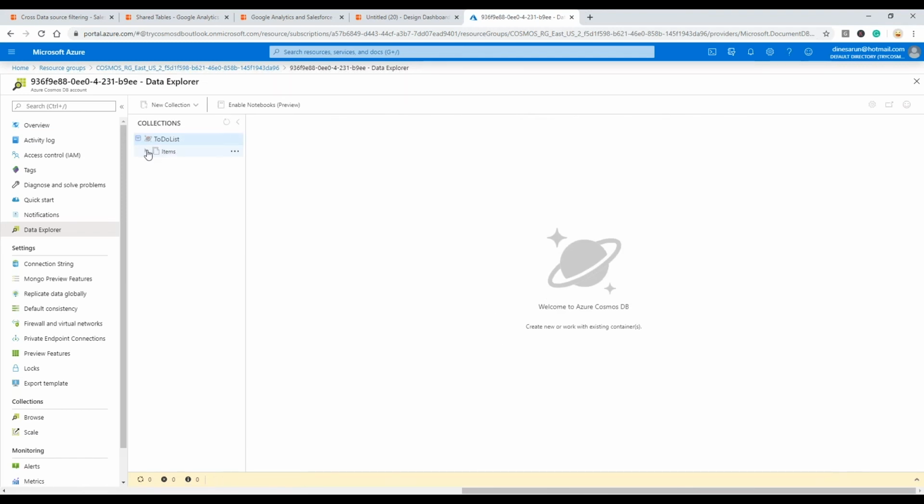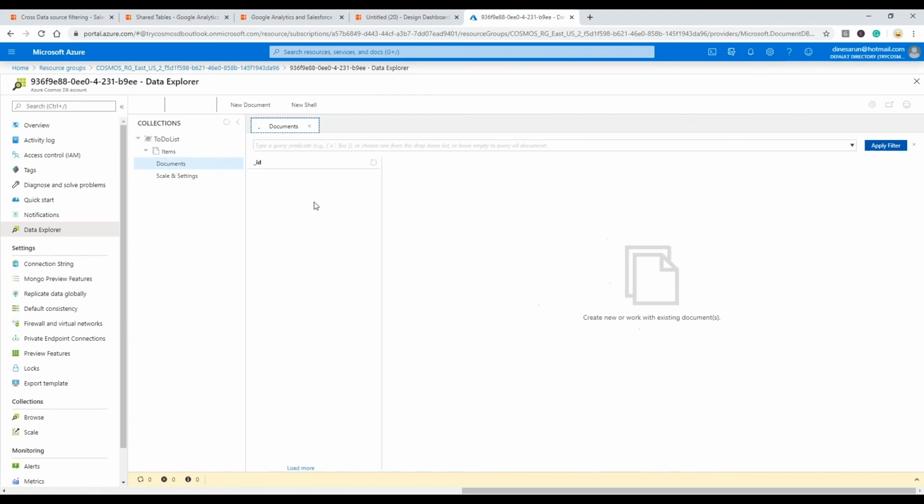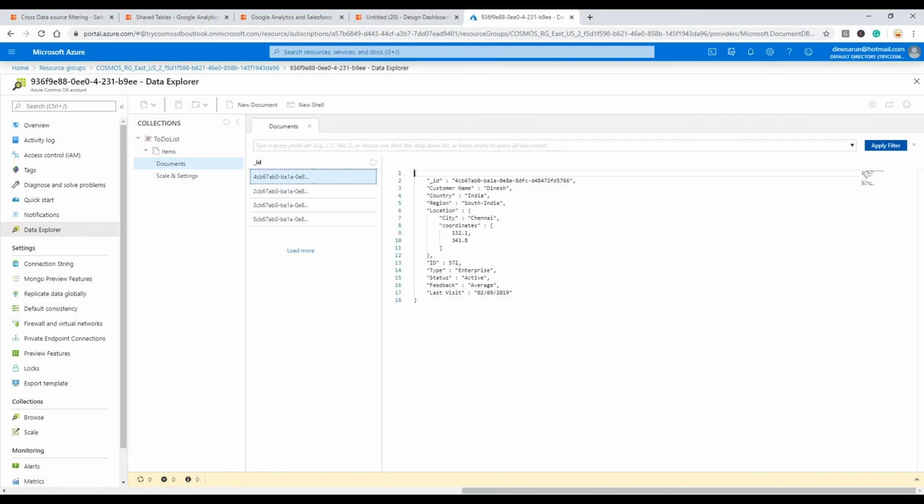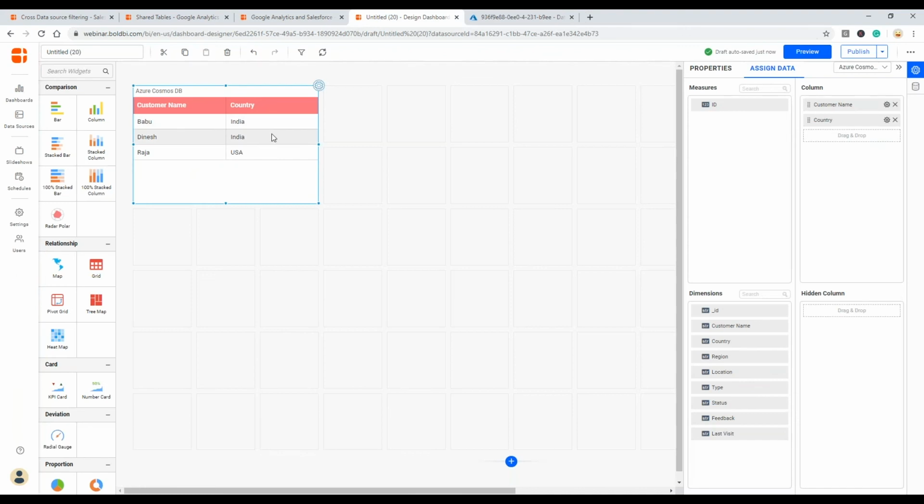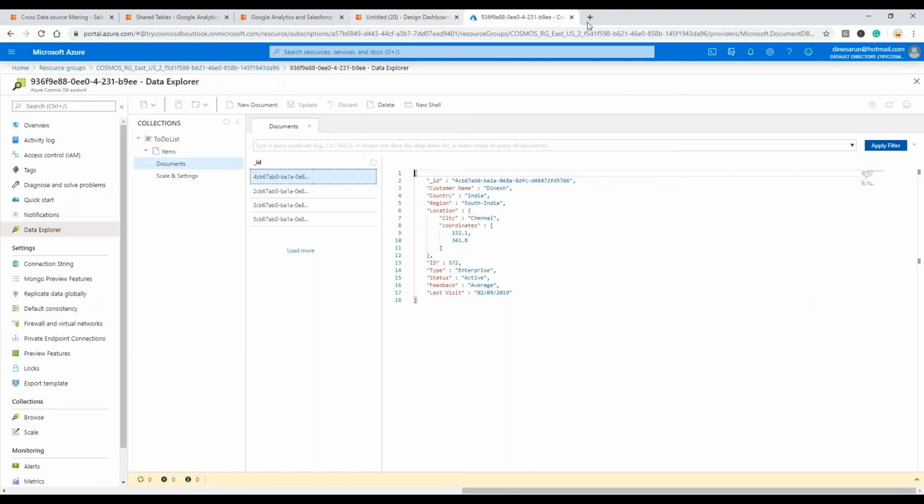So to-do list is my database, items is my collection, and in NoSQL language, documents are nothing but rows, and these are the rows which have been extracted into Bold BI right now.